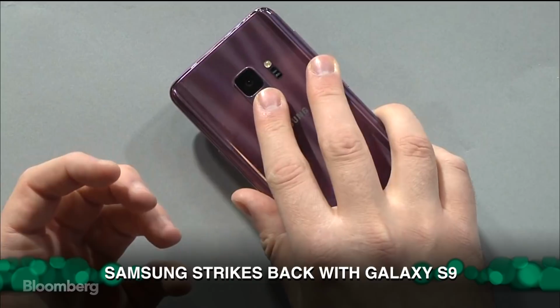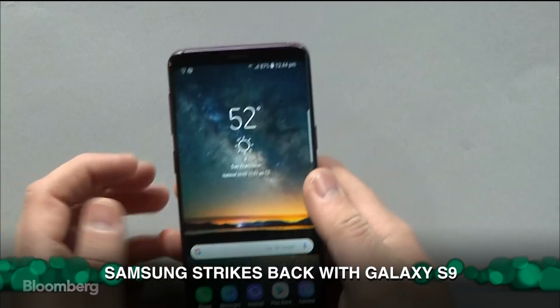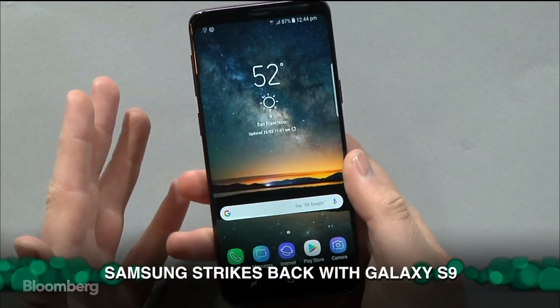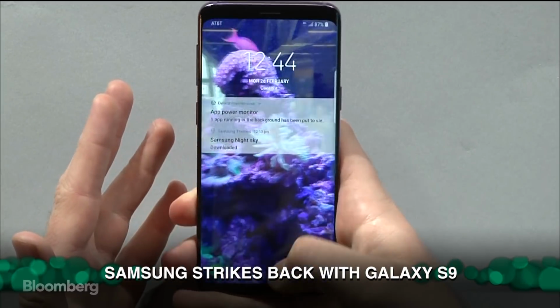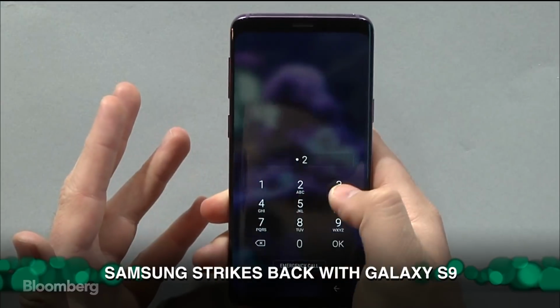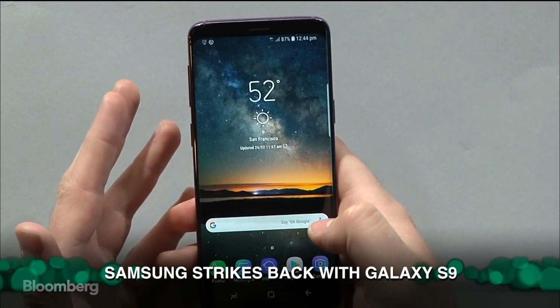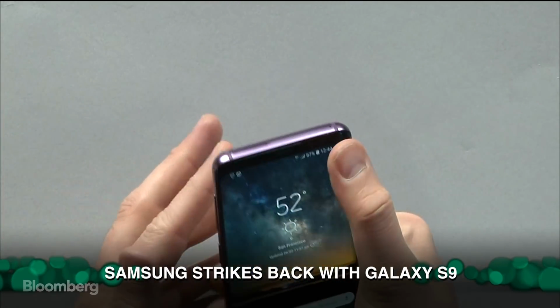But what they are doing is adding more biometric features to actually log into the phone. As some of you may know, if you've been using a Samsung phone before, you have a few options for logging in. You have a regular PIN code. And I'll show you that here. You can swipe up, put your PIN in, 1, 2, 3, 4. I highly recommend you don't use that. So that's that. You have the back fingerprint scanner to log in, but you also have a few other